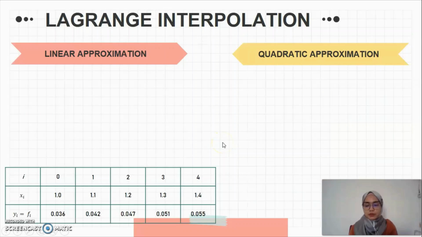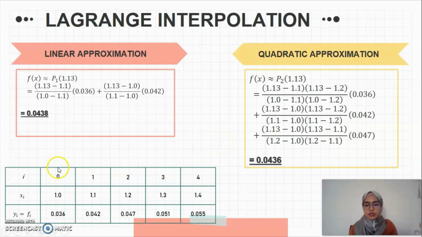As for linear approximation, it used 2 points, so from I0 to I1, substitute the value of x and y in the equation. So P1 is polynomial of degree 1, 1.13. The answer will be 0.0438. For quadratic approximation, polynomial of degree 2, 1.13, use 3 points from 0, 1, and 2, so we substitute